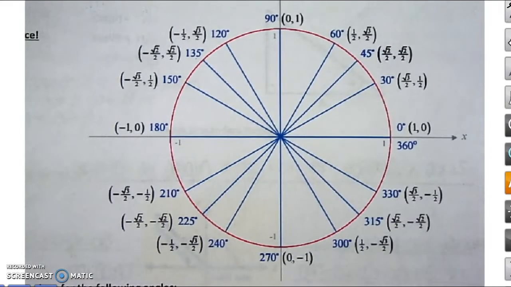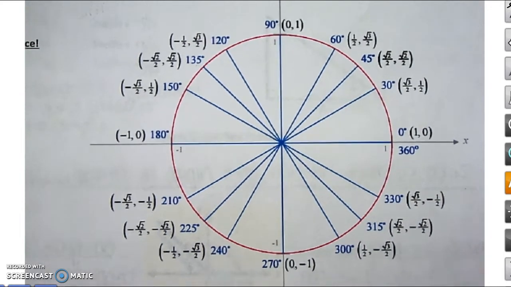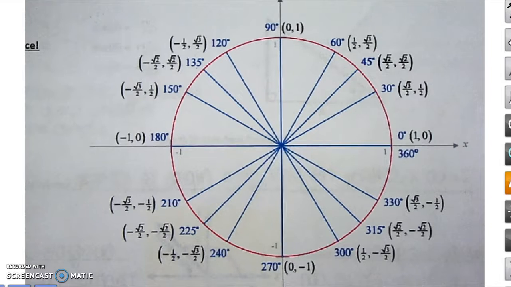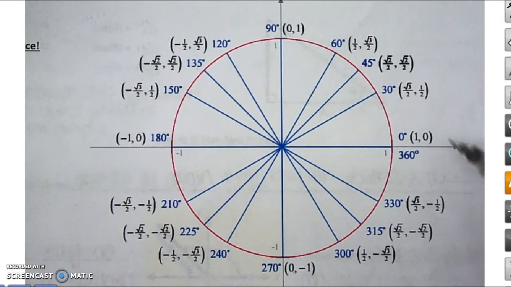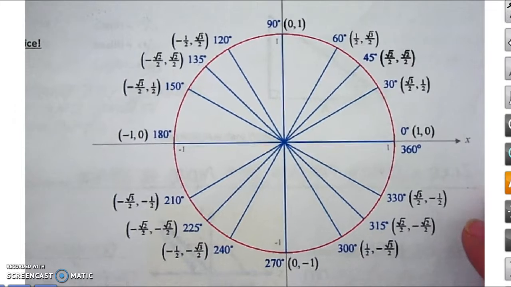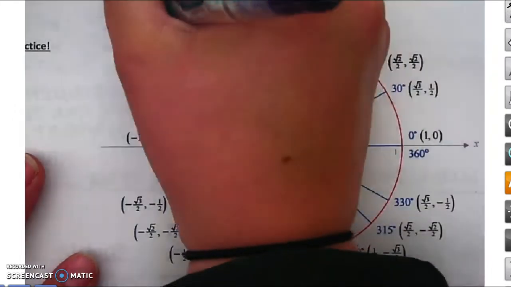Okay, so you guys just looked at the handout on radians, and it kind of guided you through what a radian is and how to find a few of those radians on the unit circle. What we're going to do now is figure out all of these different angles and what they would look like in radians. So the first thing they talked to you about in the handout